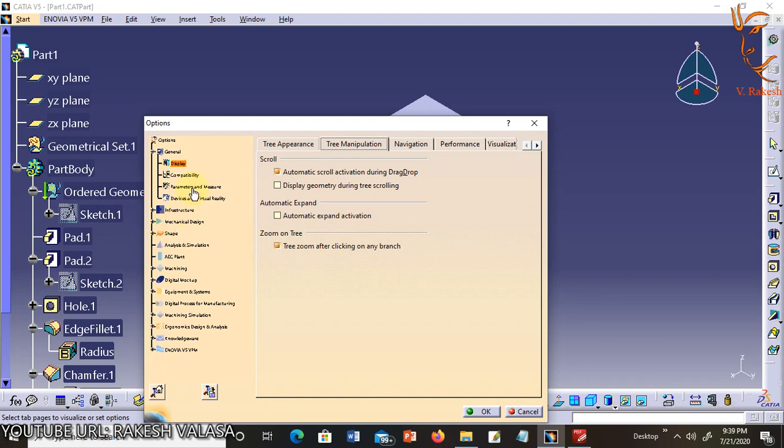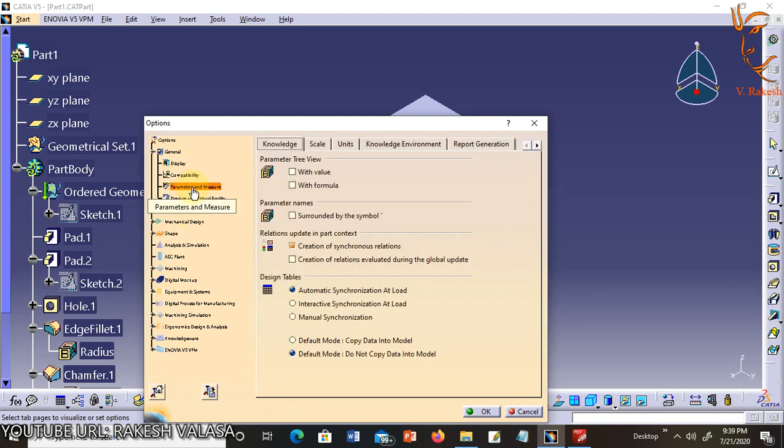Select the parameters and measure. From this select the knowledge tab. In this you can choose with value, with formula, and relations update in part context.